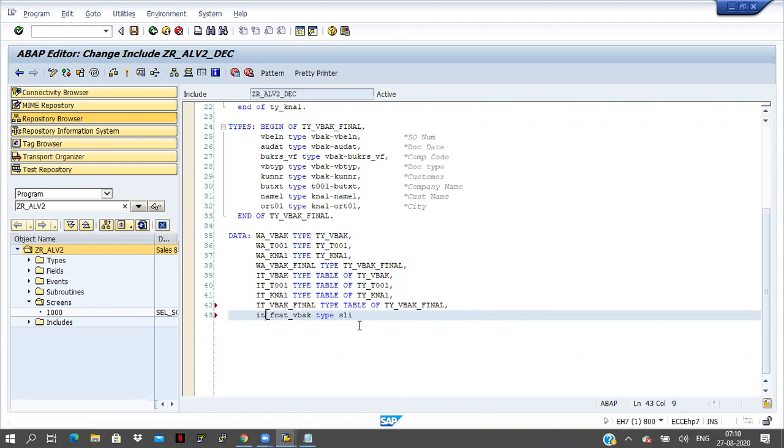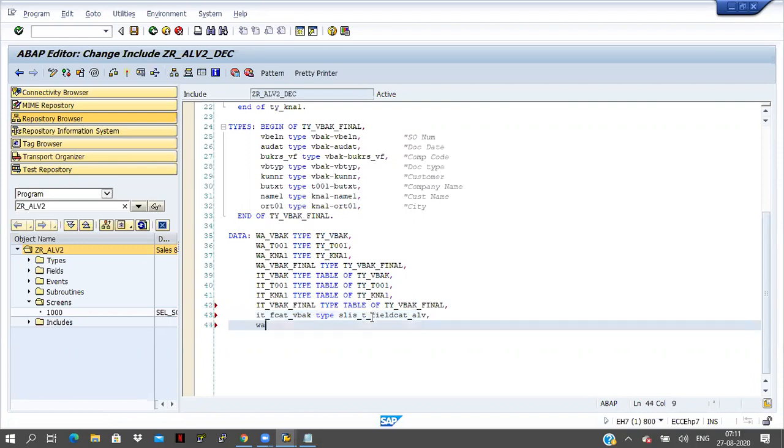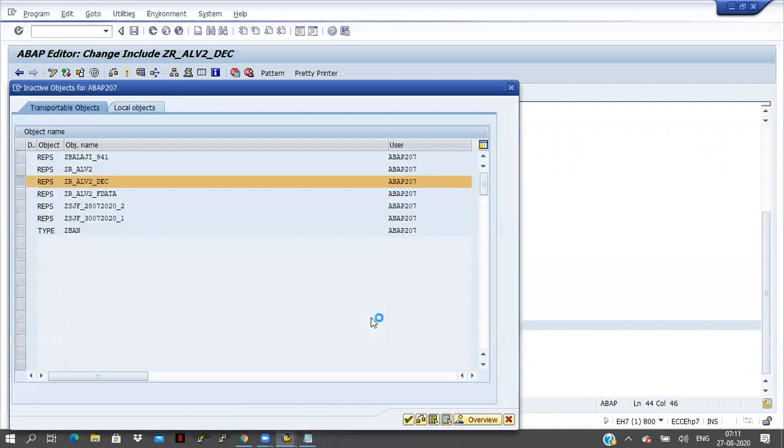I'm not checking the structure directly, I'm writing like this: sys underscore t underscore fieldcat underscore alv, and work area fcat vbak like line of it fcat vbak. Now I have declared the internal table and work area for the field catalog.